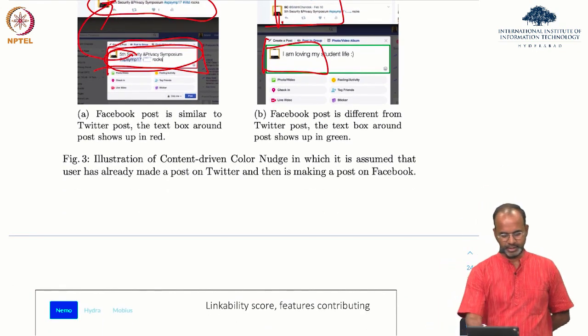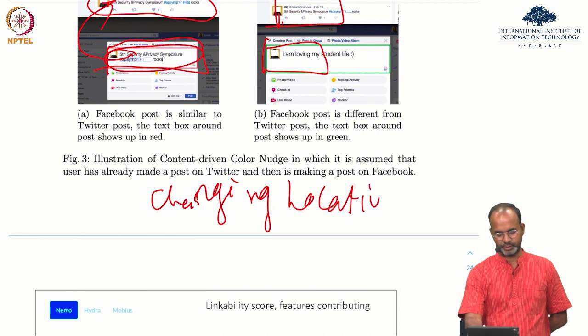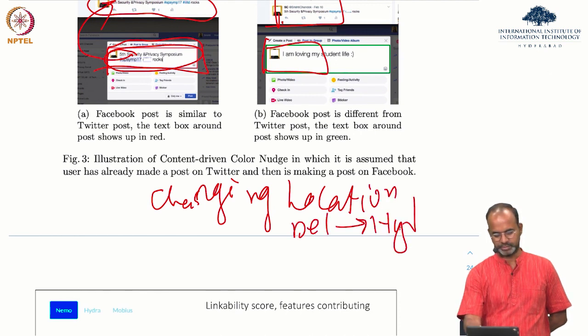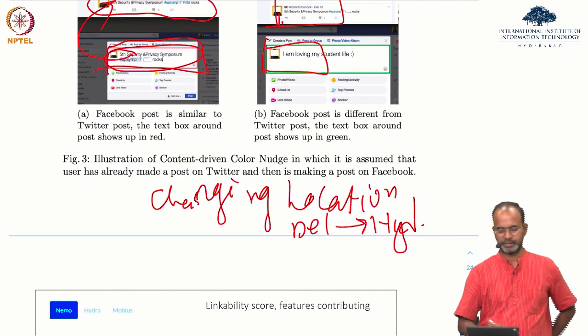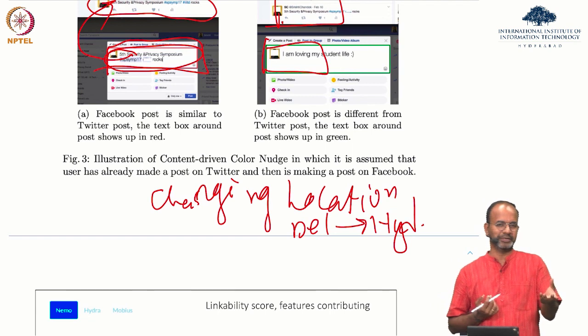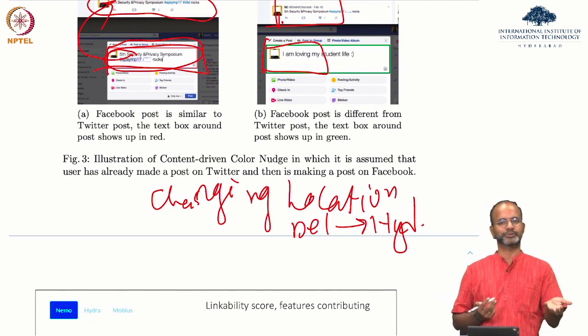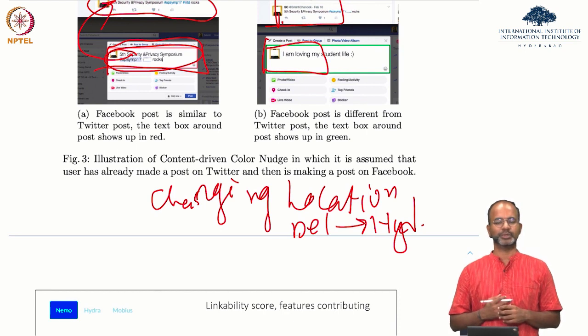Let's take if you're going to your profile and changing the, we saw earlier, right? Changing the location from, let's take in my case, Delhi to Hyderabad. If I were to do that, the system can also say that, look, you're moving to Hyderabad, and from your other profiles also, it is shown that it is in Hyderabad.